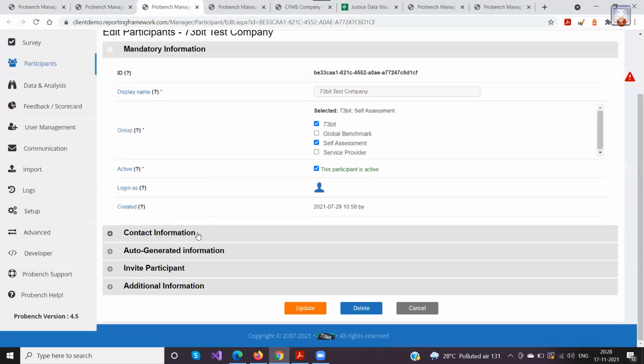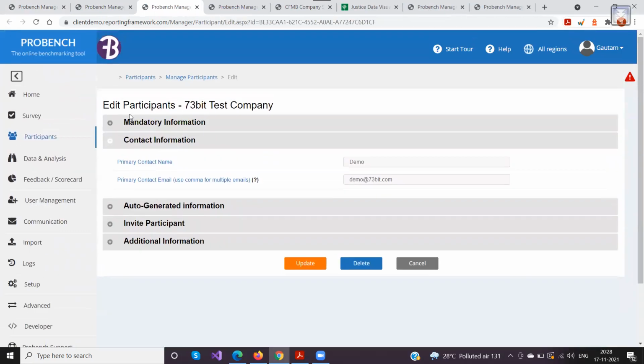When I click on edit, that's the contact information that we add for each of the companies. It would go through all these primary contact email addresses and send a copy of a Word or a PDF document, or even the link to the HTML web report inside the email, and it is then sent to them.